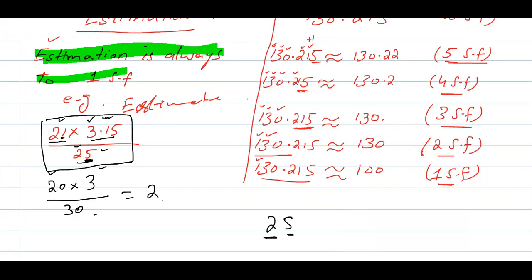Okay, let's take another example. Yes, Afif. Sir, whenever we are asked to estimate, we should round all the numbers to one significant figure. Like we shouldn't do it on the final product. All the values in the question itself should be rounded off, right? Yes, all the values should be rounded off.